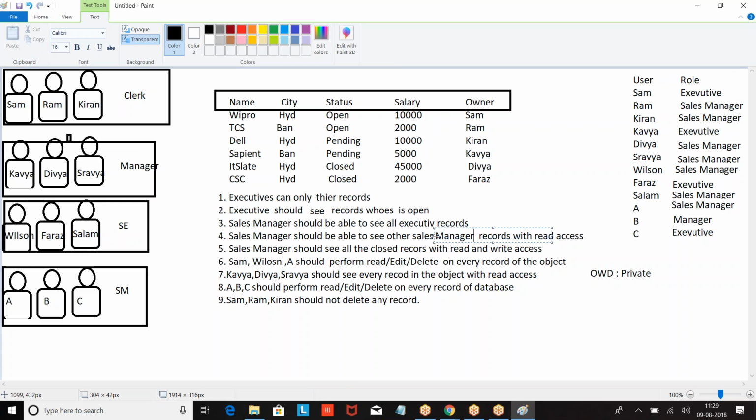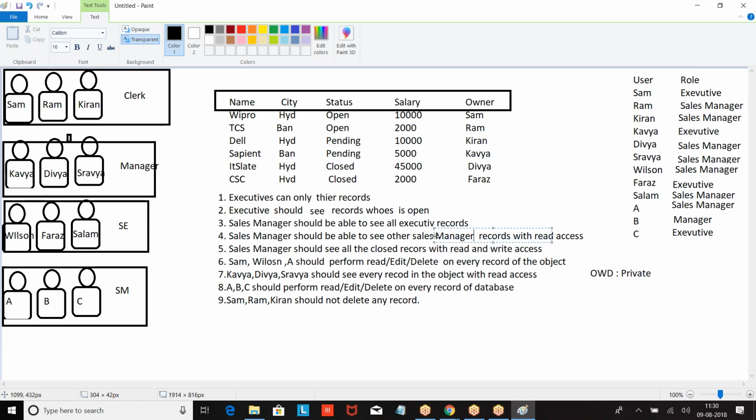Both of us can see our subordinate data, but not each other's. But I told sales manager should be able to see other sales managers' records. How is it possible? Records which are owned by the sales manager are shared with the users whose role is sales manager. It is an owner based sharing rule.